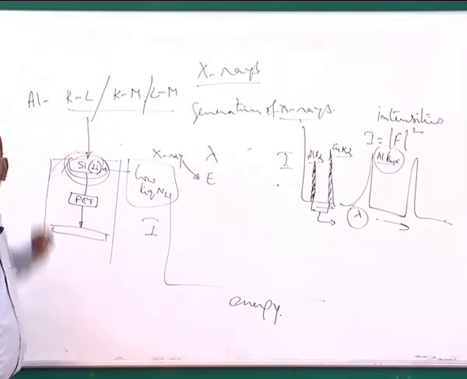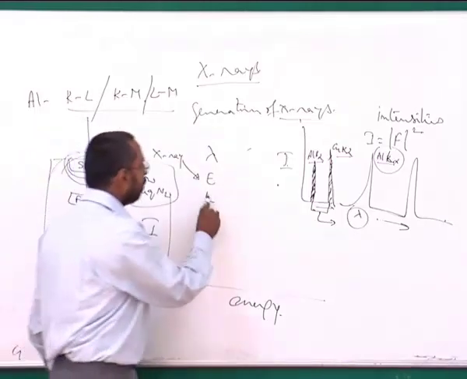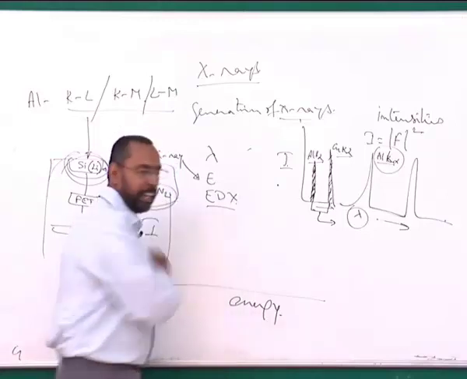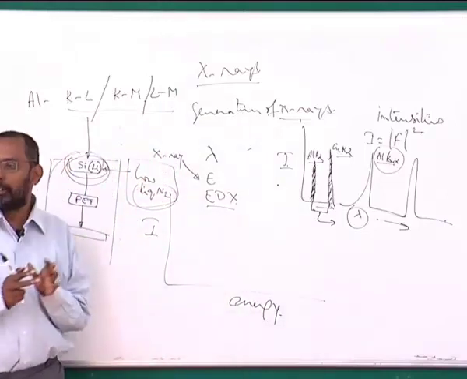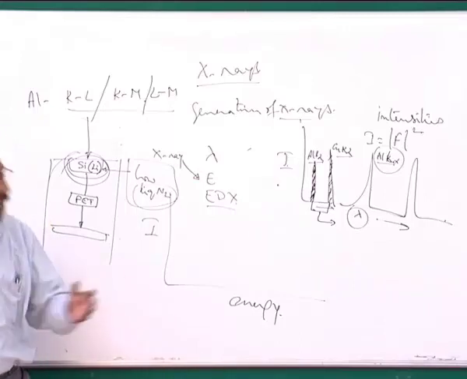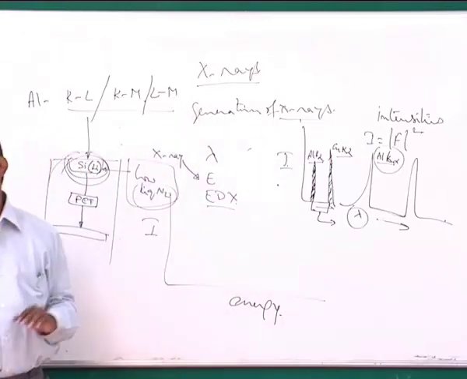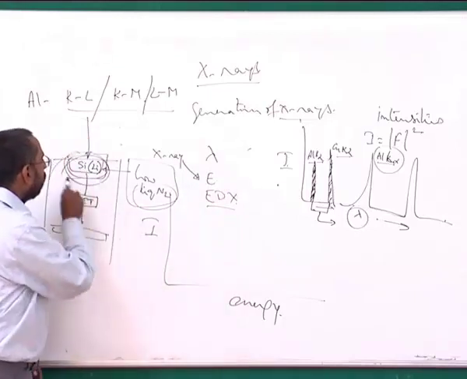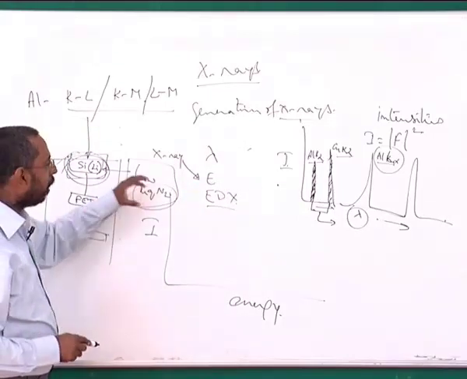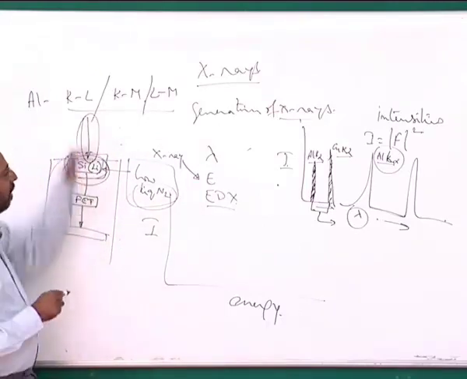And so that is one of the difficulties in this whole system, that you need to maintain this material. So if you want to use an EDX system, every day you need to pour liquid nitrogen into the container so that the silicon lithium is always maintained at that particular low temperature. Otherwise, the moment the temperature is higher, there is always a thermionic emission kind of effect, so thermally the electrons get shifted from this. So in order to maintain this silicon crystal accurately at a particular temperature, so that only the energy of these particular X-rays that are falling are